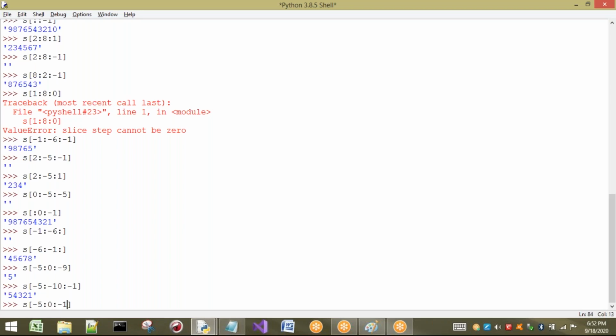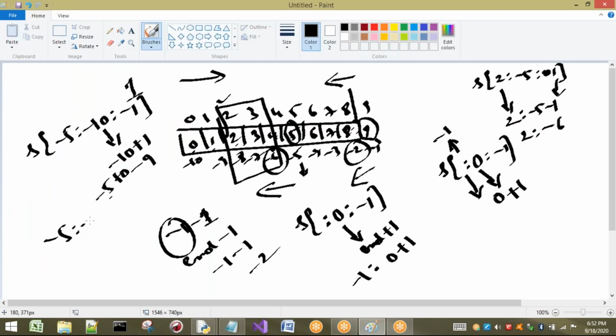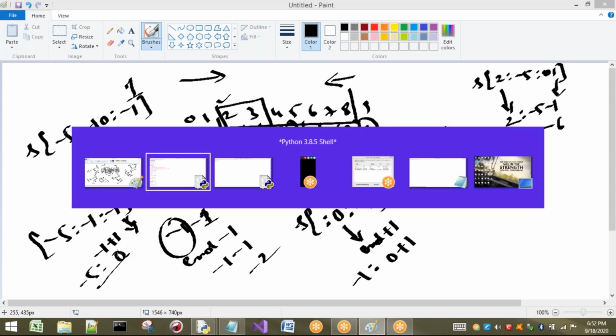If I take this case, minus 5 to plus 1, it is going to be there, no problem. If I take minus 1 here, let us see what happens. Minus 5, minus 1, minus 1, calculate this once. This will become minus 1, reverse direction. In reverse direction, minus 1 plus 1 will be done, so we are getting 0. So 0 means will we have any problem? There is no problem. So we will get the answer from 5 to 0.